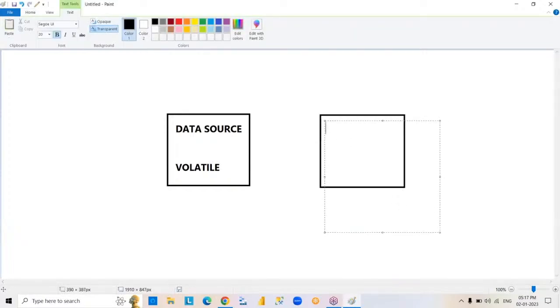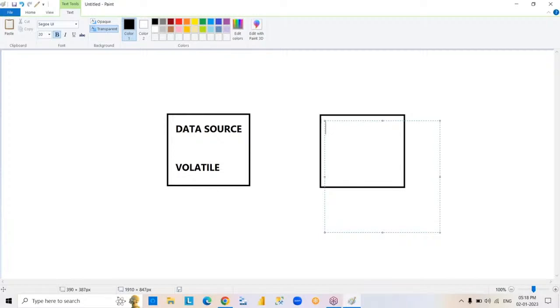So what is the tool you are going to work with? Data analysis tool, Power BI. So we cannot use this type of data, current data, for data analysis purpose. If you are working with current data to perform data analysis, time consumption will be there. So performance-related issues will be there. That's why we are not going to use that type of data